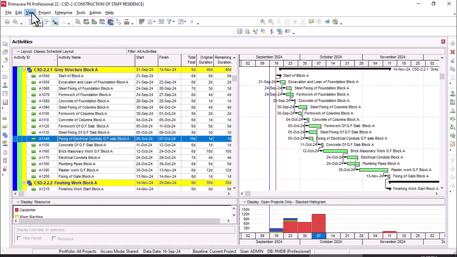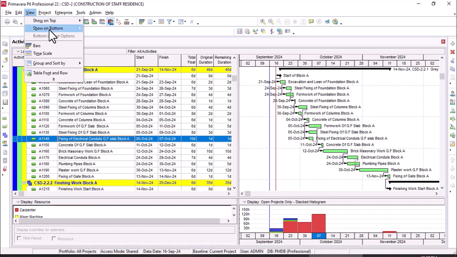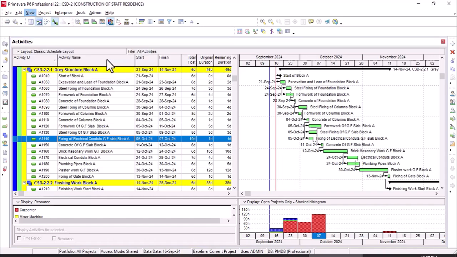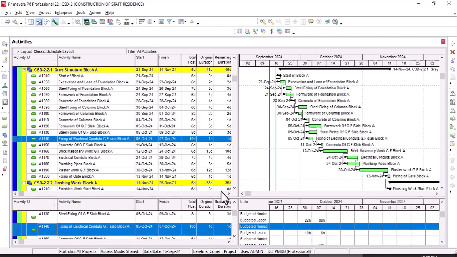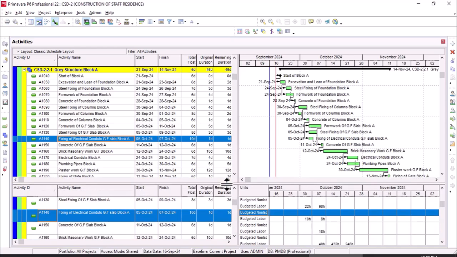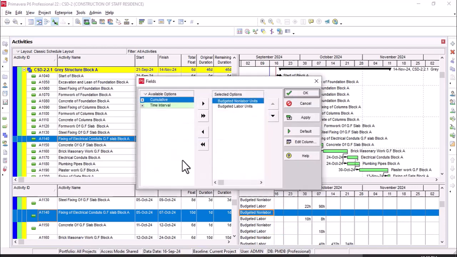First of all, the activity usage spreadsheet shows us the usage of the activity, how much of the labor resource is used on the activity, whether labor or non-labor, whatever the resources. Here are the units. You can adjust them according to your requirement. These are the selected budgeted non-labor and budgeted labor. To go on units,